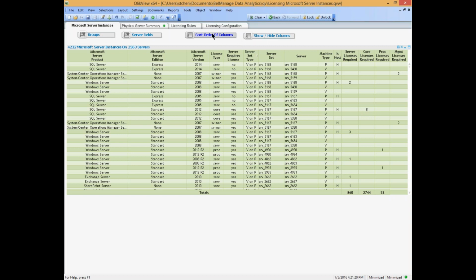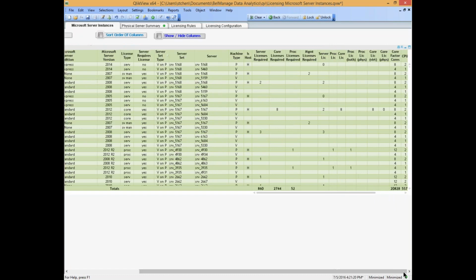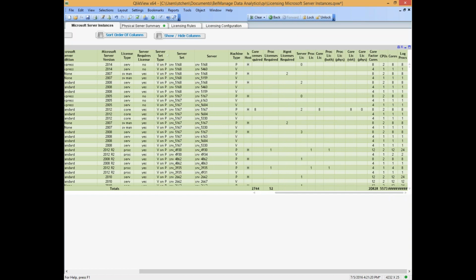Here I can show the calculations here. So basically, let me scroll over. So this 8 was calculated. So these are based on core factors that come from Microsoft, based on the CPUs that are on that machine, and based on the cores, basically. And so that's where this 8 was calculated. So you can see additional detail here. We also do similar things for,